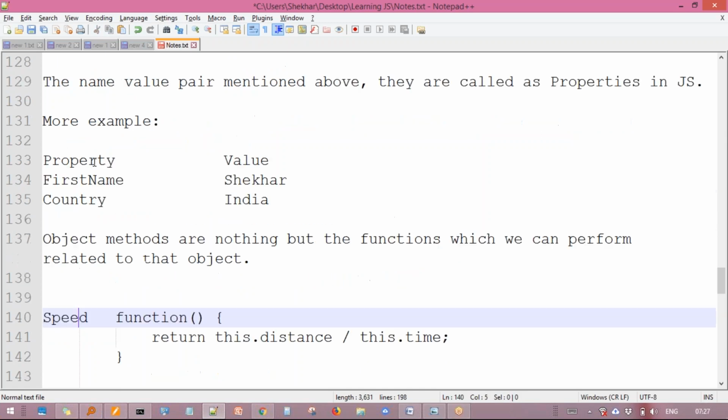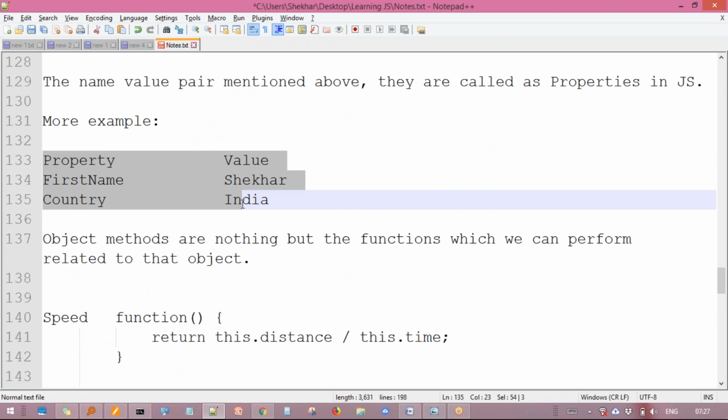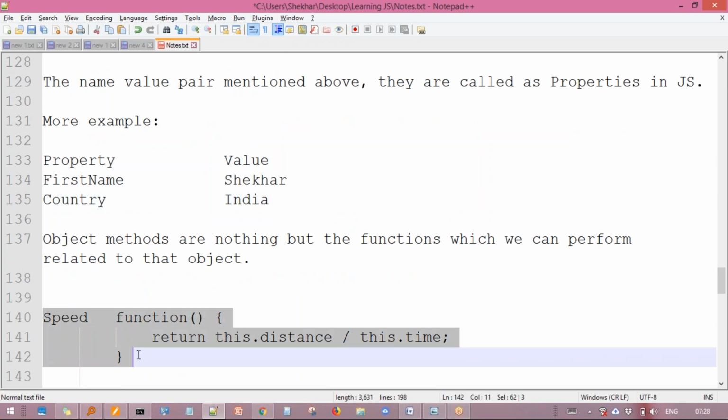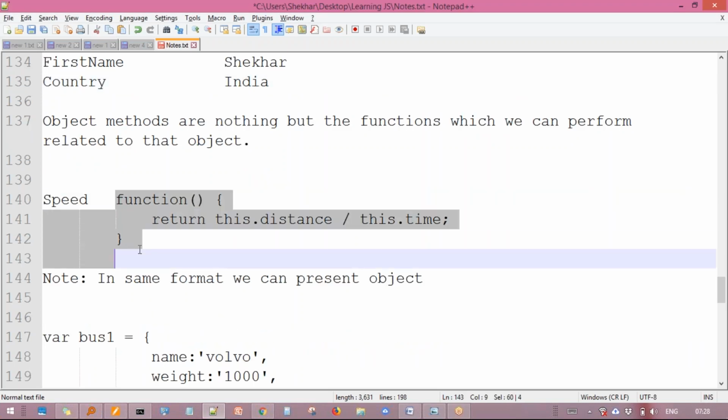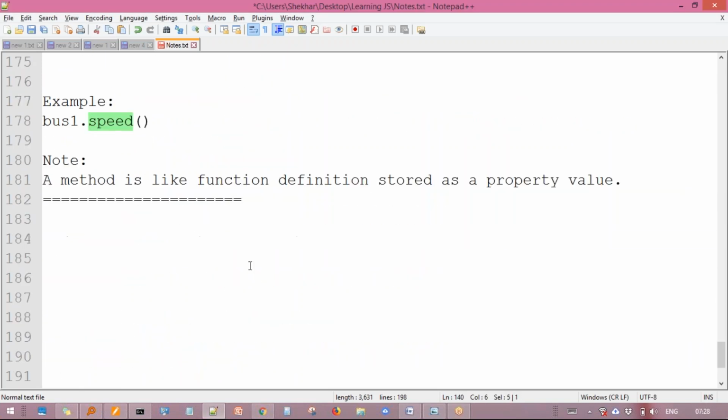So remember, the format of storing a value like first name, country, etc., or storing a function is almost the same in JavaScript. This is something different or new that you can see here, where we are storing this definition against this name. So this will cause no confusion. We just know that it's a name value pair format, that's it. Okay, so now